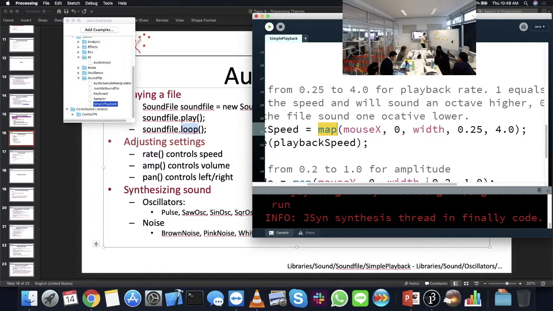If it's in the middle, it'll be halfway between those two numbers, which is something I can't figure out off the top of my head. But basically, it's allowing us to map the left-hand side of the screen to 0.25, the right side of the screen to 4, and everything between will be the same fraction. So if we run this example again,